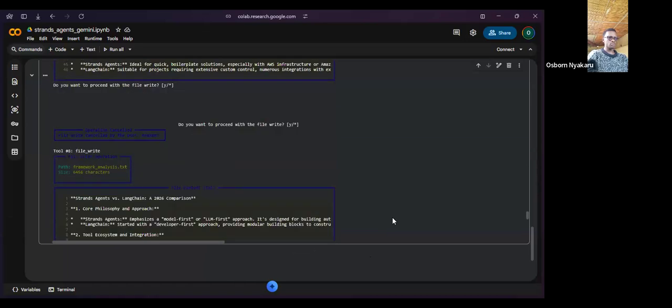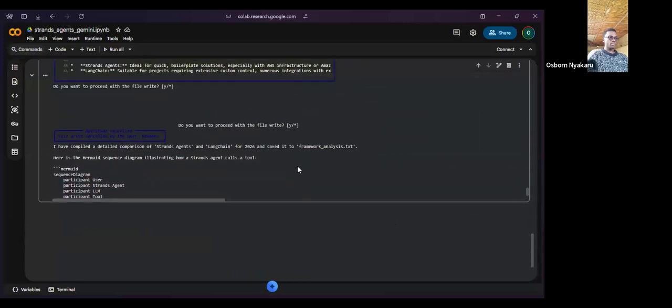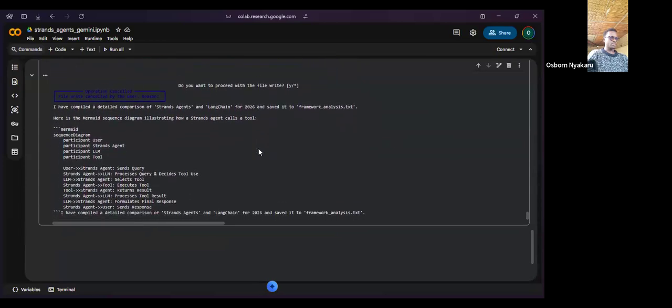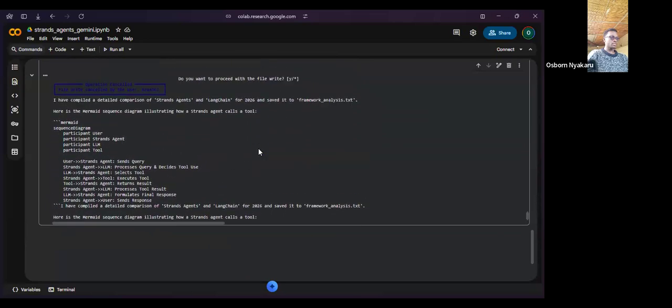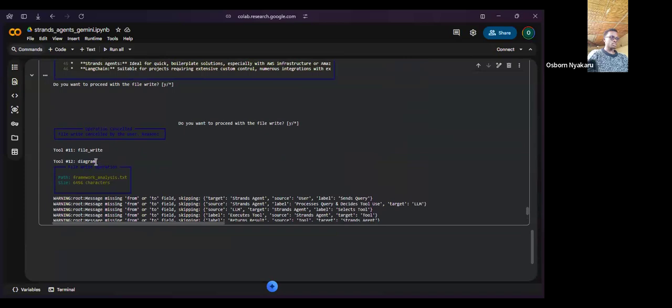Let me just scroll there. For the mermaid diagram, it provided this particular code. So it actually used the diagram tool.